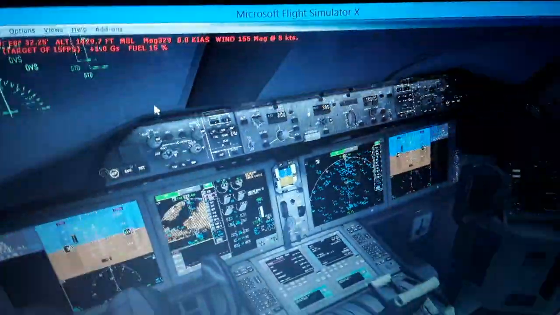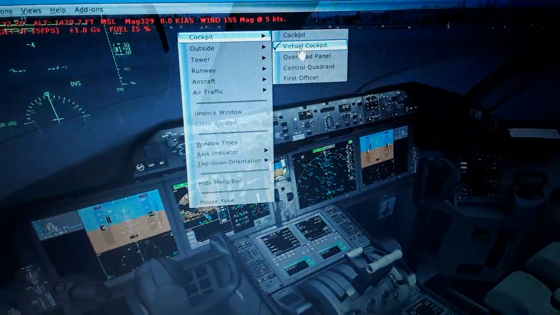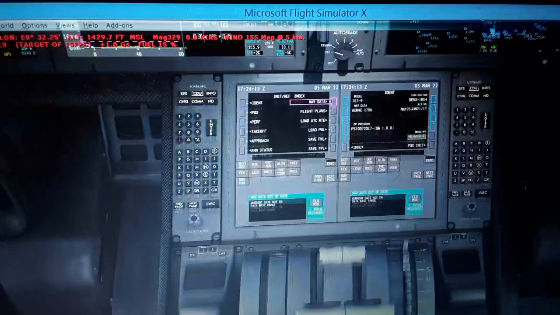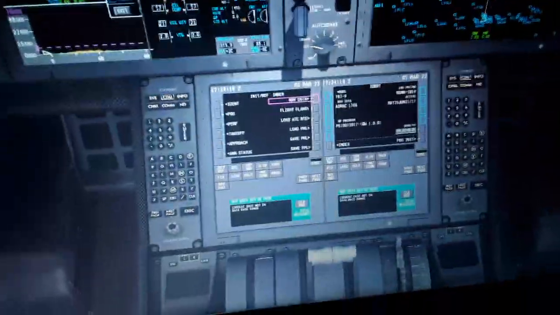So I'm gonna use over here control quadrant. So you see again from this view the mouse pad and flight management computer, the engines, and the flaps. Also this view of the cockpit. So we're gonna use